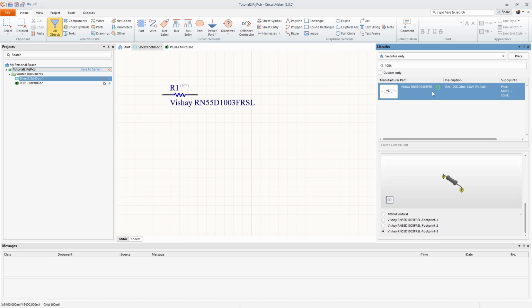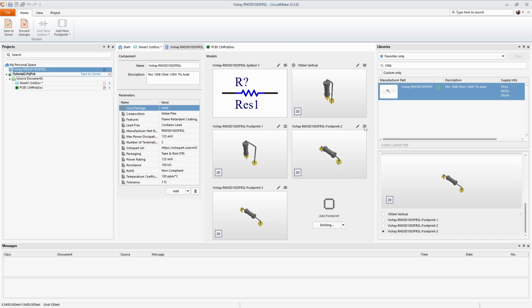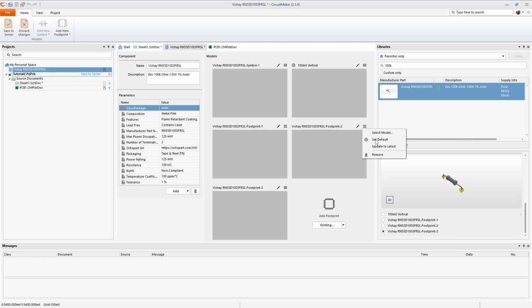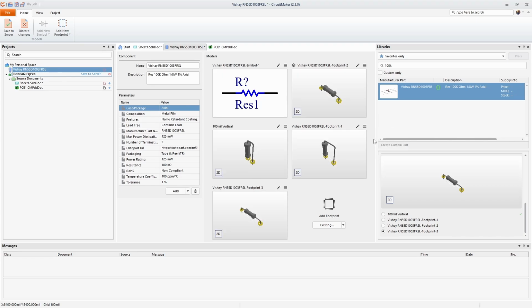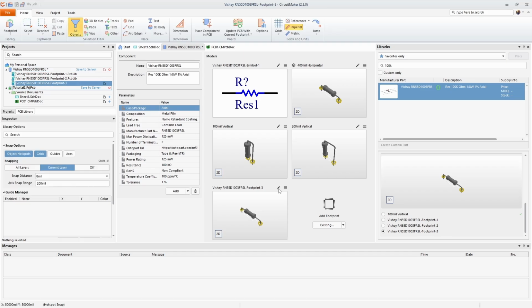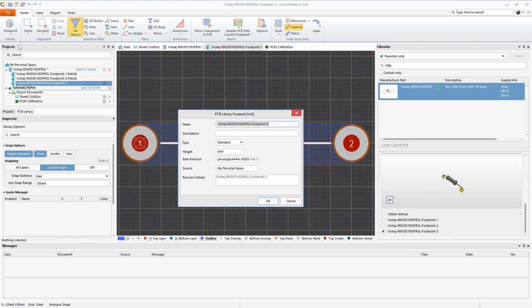So let's go ahead and right click on this component and click on Edit. I'm going to click on this little hamburger menu and click on Set Default. So now the 400 mil spacing horizontal placement is the default footprint for anyone that uses this component. We have 400 mil, 100 mil, 200 mil, and what's left is 500 mil. Edit, Footprint, Properties, 500 mil, horizontal, hit OK,